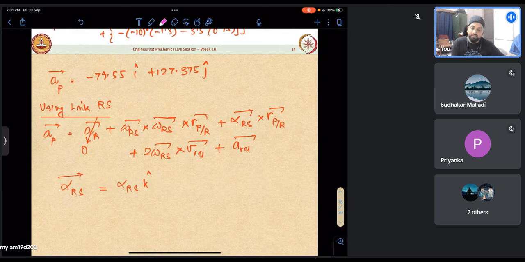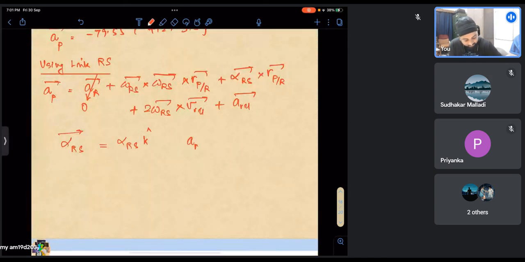Essentially, I mentioned that this is similar to a problem with a slot. So we can see that when we are rotating with this member, the acceleration relative can only be linear. It is not a curved member. So we essentially know the direction. We just don't know the magnitude. So our AREL,